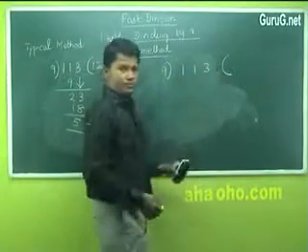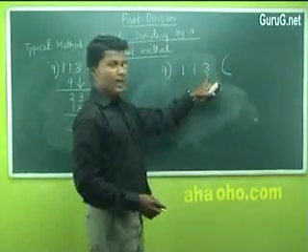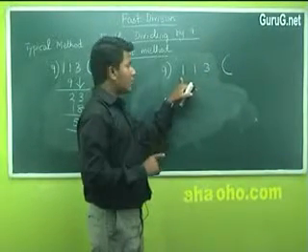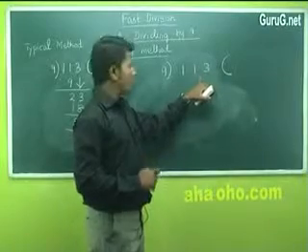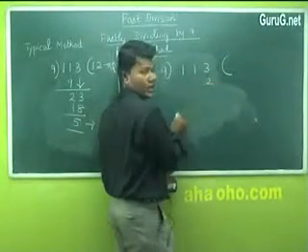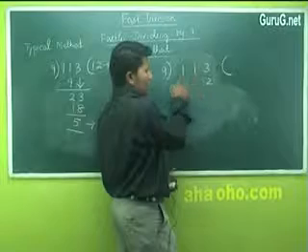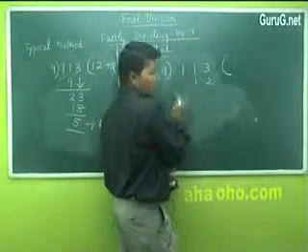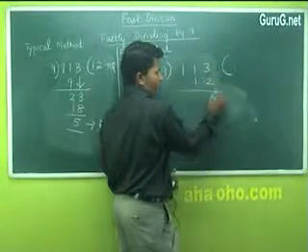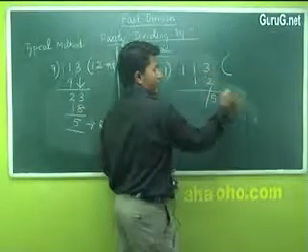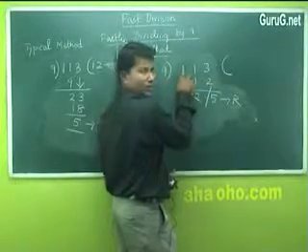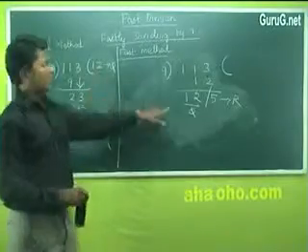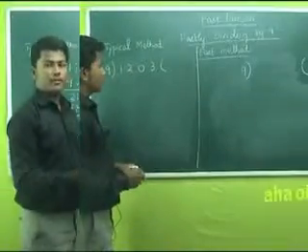1, 1, 3. What should you do? See the last number 3. Now there are 2 numbers before it. So add these 2 numbers. 1 plus 1 is 2. Bring down 2. Next, take this number. There is only one number before it. So it is 1. Bring the number down. 3 plus 2 is 5. So this is your remainder. 1 plus 1 is 2. Bring this number down. This is your quotient. 12 is the quotient. 5 is the remainder.